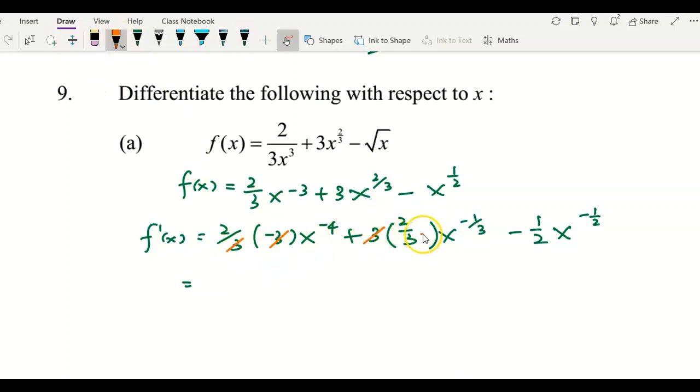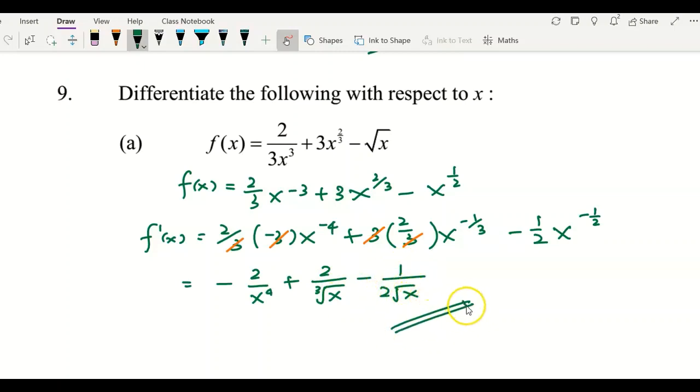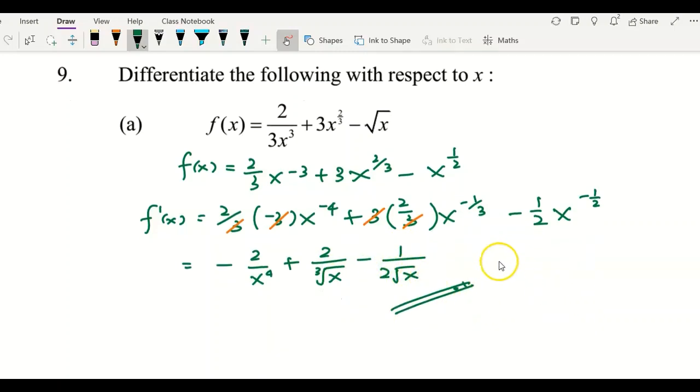3 and negative 3, this one can be cancelled off. So we have a negative 2 over x power of 4. And this is 2 over cube root of x. The last term is 1 over 2 square root of x. Alright, so this is the answer. And for the part B,